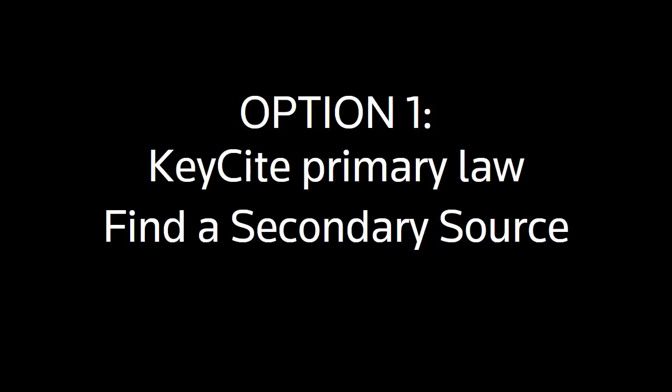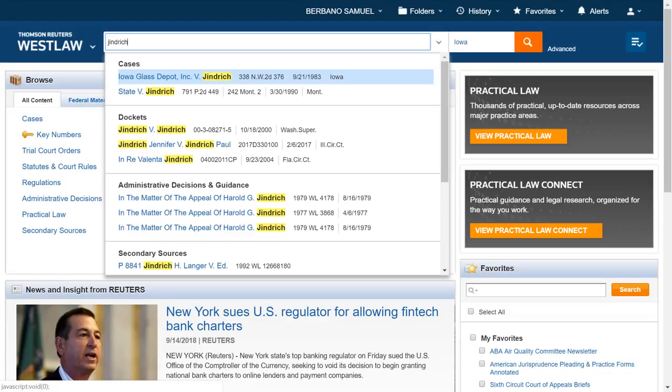And I want to begin with the idea of starting with a secondary source. There are two ways to do it, and the first way to do it is to pull up a case or a statute and then key cite it to find a useful secondary source. Here's an example. By way of quick review, from the Westlaw homepage, you can type in a case's name or